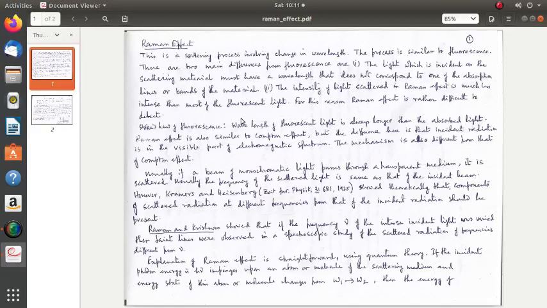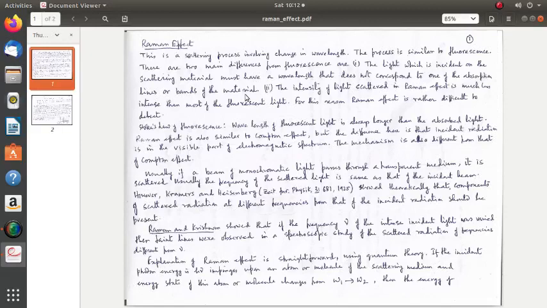Number one, the light which is incident on the scattering material must have a wavelength that does not correspond to one of the absorption lines or bands of the material. That means the light is hitting a material and the material has certain bands which correspond to absorption lines. So we must avoid those bands while shining a beam of light on the material if we want to study